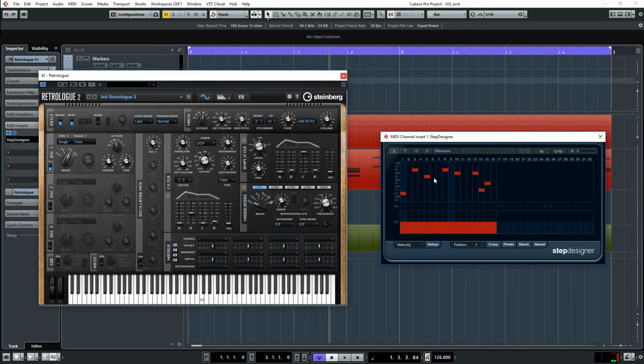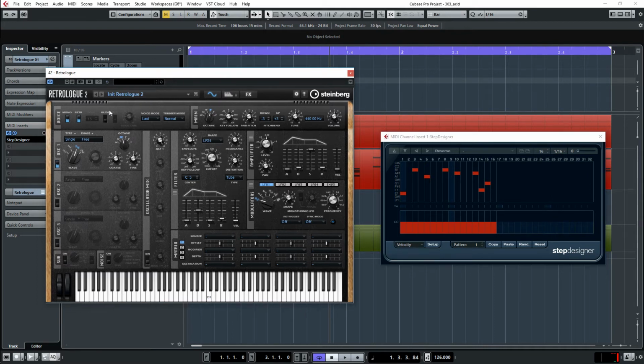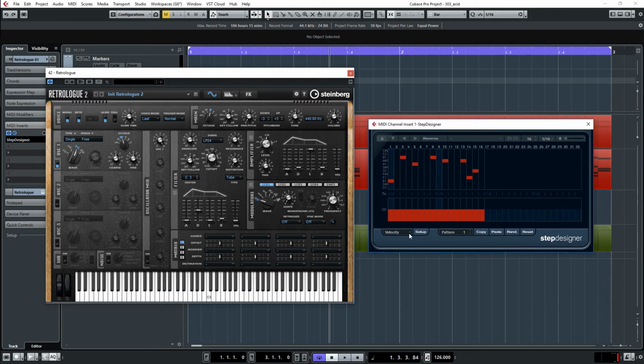One trick in the 303 is to modulate the resonance, the cutoff, and also the glide. I forgot to put that on here on the Retrologue. You have the glide, and I'll go back to that later on. Now you have in the StepDesigner the possibility to have 4 different MIDI controllers: the velocity, the gate, which is the length of the note, and 2 other ones that you can select. Velocity is the volume of the note. I use the ones that are already here,